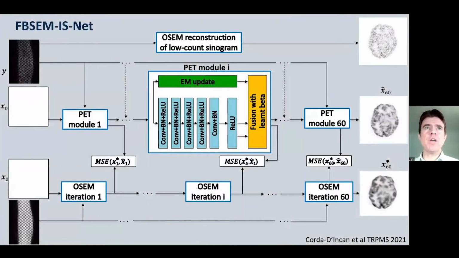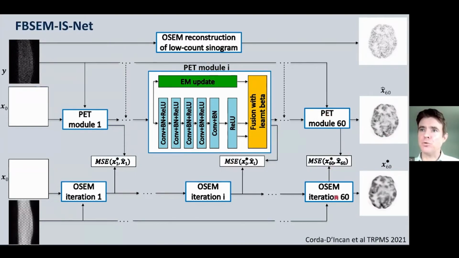So just to touch again on that idea of putting the mean square error loss at every single iterative update, and that kind of controls the process. What can happen with deep networks is if you just train end to end, you don't necessarily know what's going on midway. A lot of the work can be done right at the end of the network, which does all the fixes for all the stuff that it didn't do early on in the deep cascade of operators. So this iteration-dependent, module-dependent version of FBSEM-Net basically inserts not just the mean square error loss at the last module,